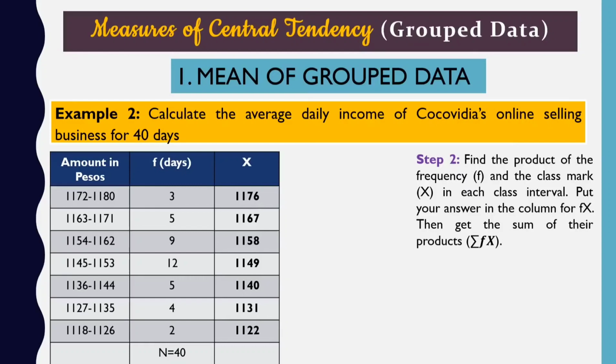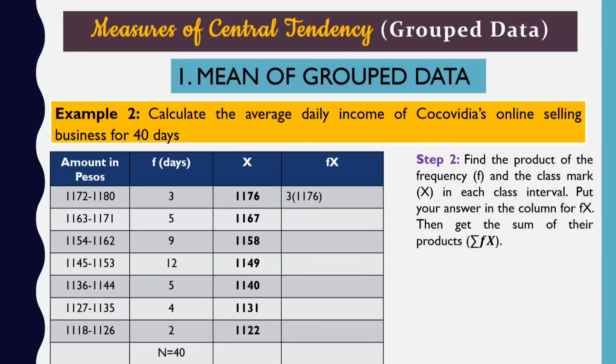For step 2, we find the product of the frequency and the class mark in each class interval. Again, we have to add another column for that. We write f times x, and then we multiply the frequencies and class marks for each interval. 3 times 1176 is 3,528. 5 times 1167 is equal to 5,835. 9 times 1158 is equal to